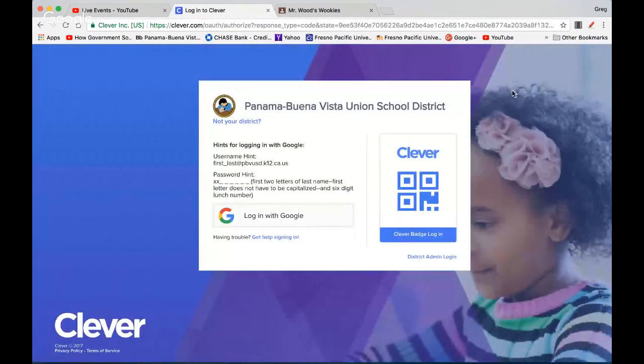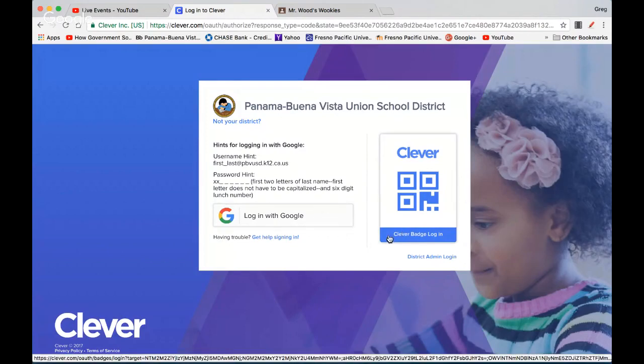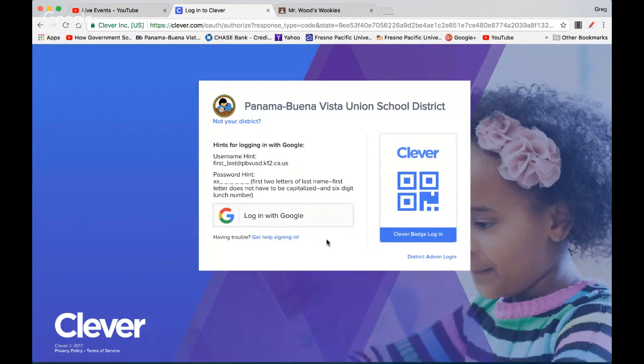Now that you've done that, this is what you should see. You should have this box that says Panama Buena Vista Union School District with Google in the bottom left, and then this Clever badge. I'd like for you to click where it says log in with Google. So click right there. Now it's logging you in,